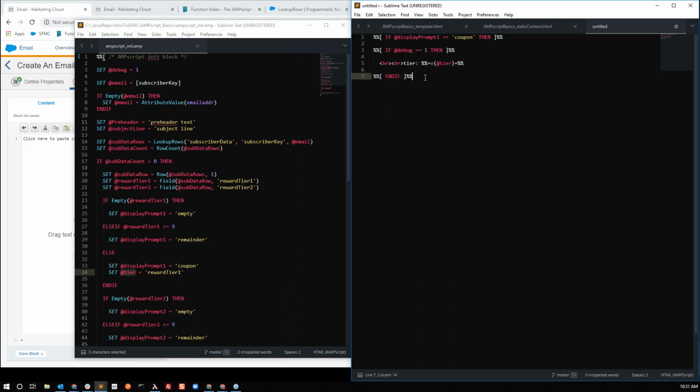Okay, so now we have this, and I'm going to add some spacing there for myself. Okay, and I'm just going to go ahead and close out the top one just in case so that we don't forget it. Give myself some space there. All right, so now the next thing we need to do is actually display what to do if that coupon